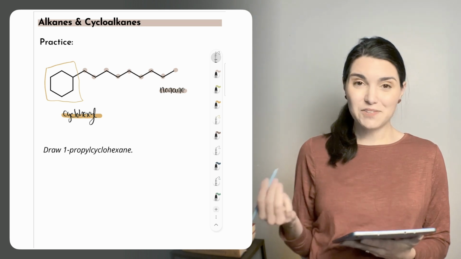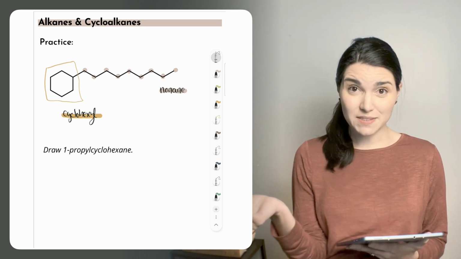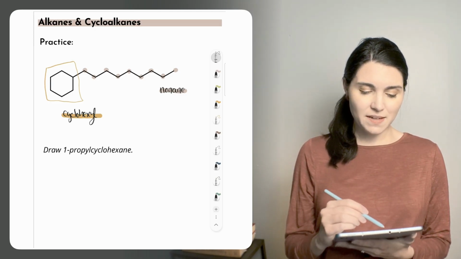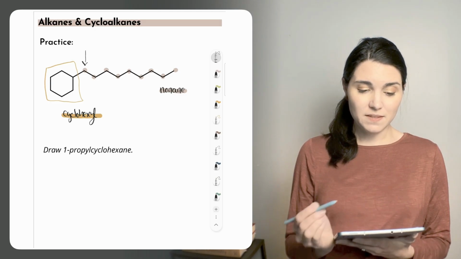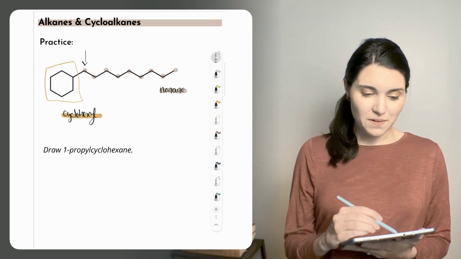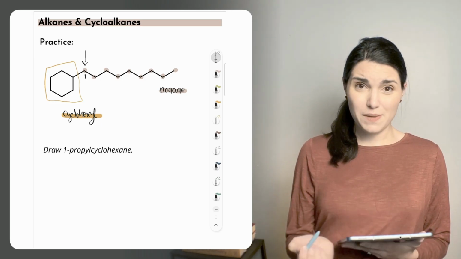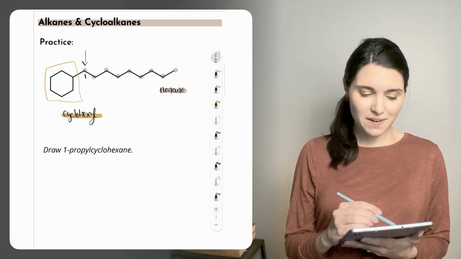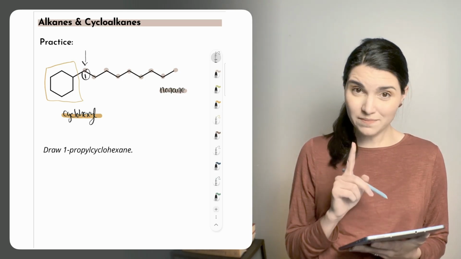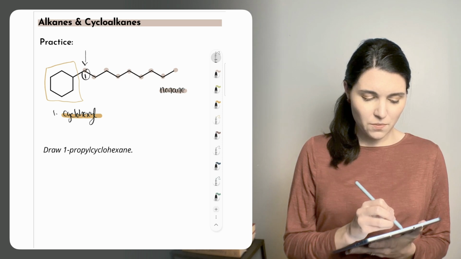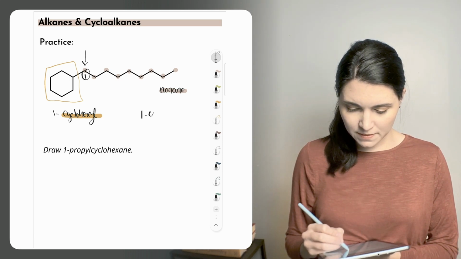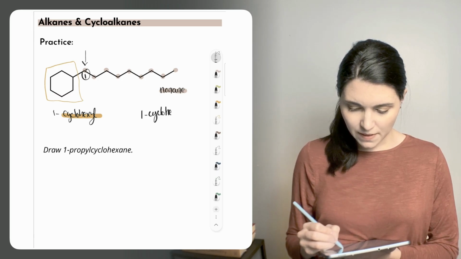Now we need an address, or a locant, for the cyclohexyl substituent. For this 9-carbon chain, the cyclohexyl is located on this carbon here, which hopefully is obviously going to be called 1. We could number the other way and call that carbon 9, but it's much better, and more in keeping with the rules of IUPAC nomenclature, to choose 1 for that position. So we'll have a 1-cyclohexyl,